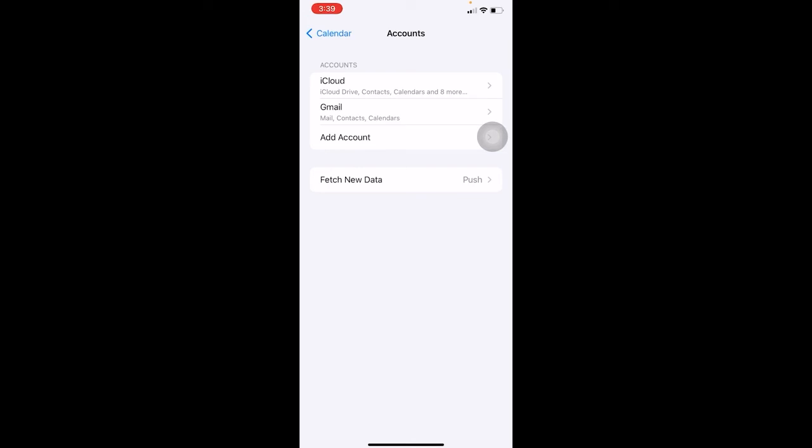So you need to click on iCloud, log in to your iCloud account, and then you need to click on Gmail and log in to your Gmail account. Because sometimes just simply doing this is going to fix the problem, right? Even if logging into iCloud and Gmail accounts didn't fix the problem,